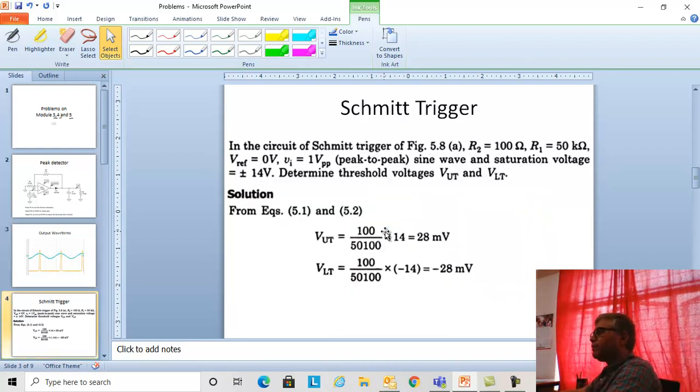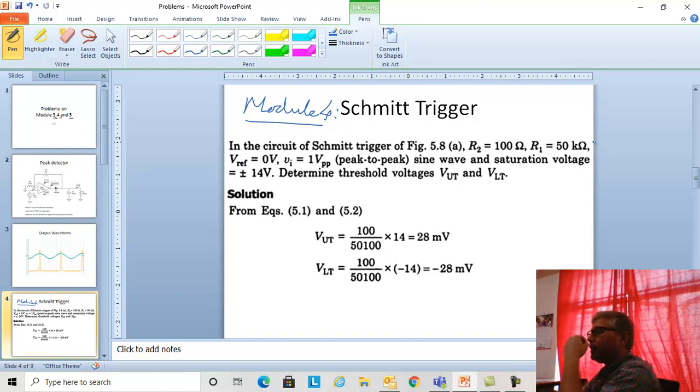That's from module 3, and this one is obviously from module 4. Module 4 is about wave shaping. In this module 4, we have wave shapers starting from the comparators: positive comparator, negative comparator, and comparators with some reference voltages. That will be a very straightforward design for you, so that's why I have not included that. I have included only the Schmitt trigger.